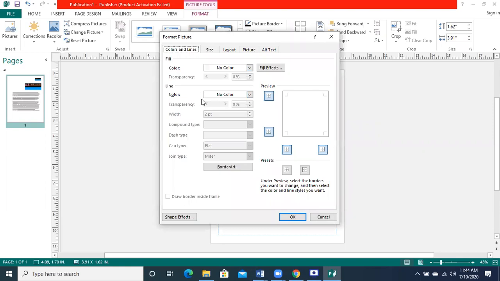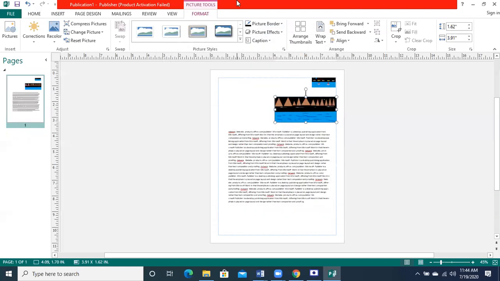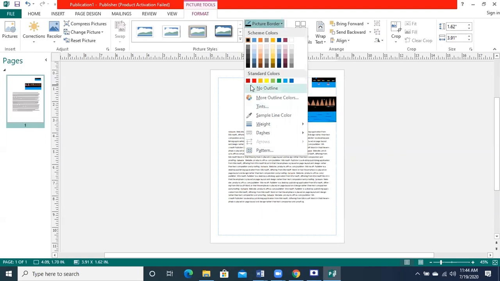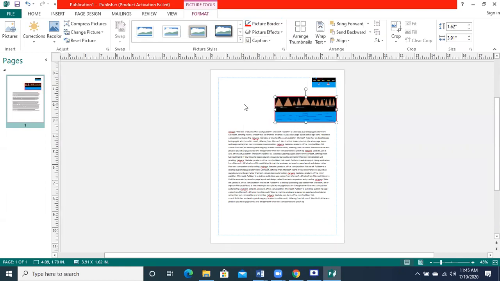You can see here the width is basically the 2 point given over here. You can also choose what kind of color to give to your picture. So now a 2 point border is there in red color.